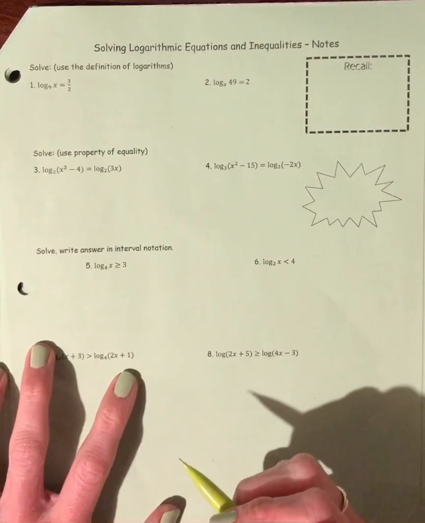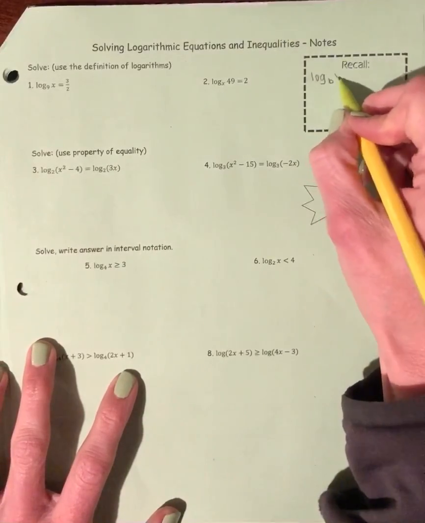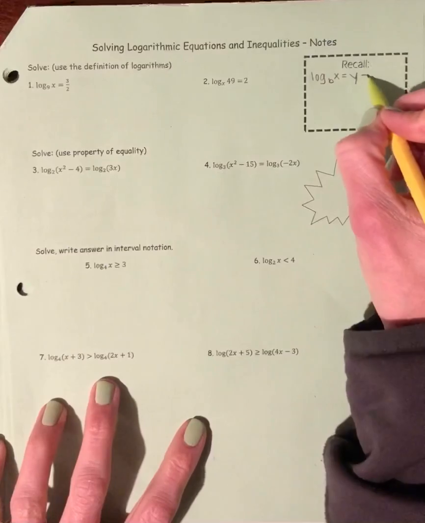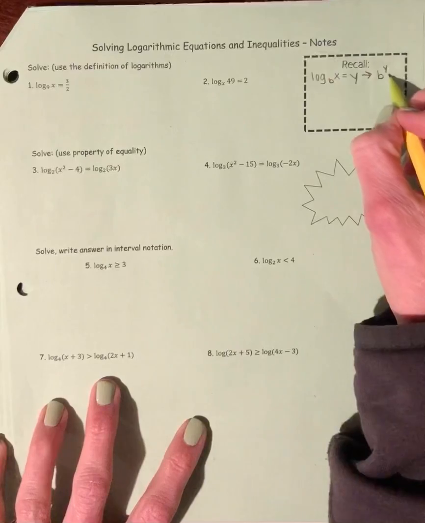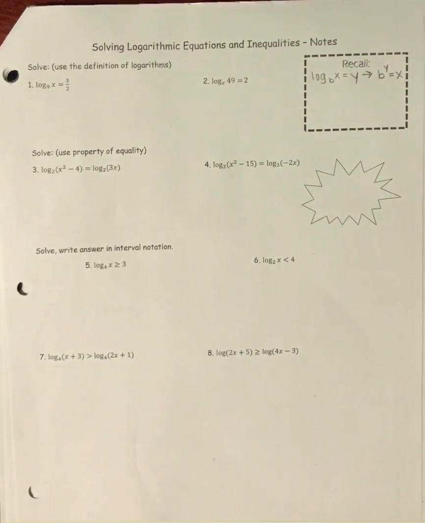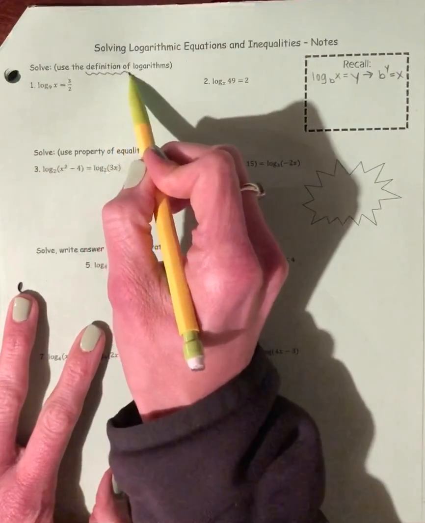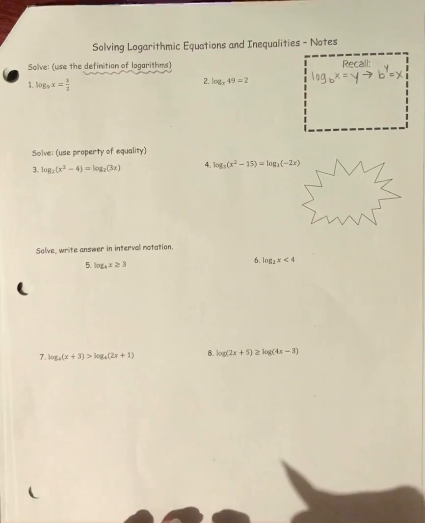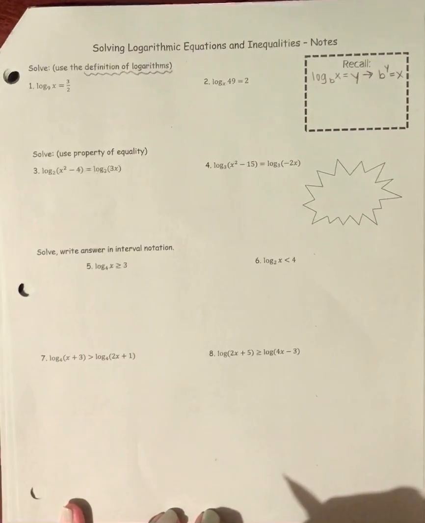Now, the first thing that I want you to remember is, if you have the log base b of x equal to y, remember that that is the same as b, the base, raised to the exponent, and that would be equal to the value. Now, this is what we call the definition of a logarithm, because that was the original definition that I had given you. Now, we hadn't really talked about this that much up until this point, but in that original definition that I gave you,